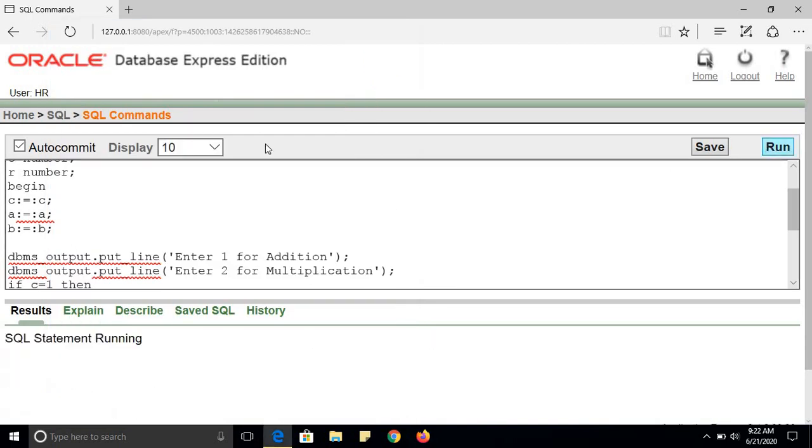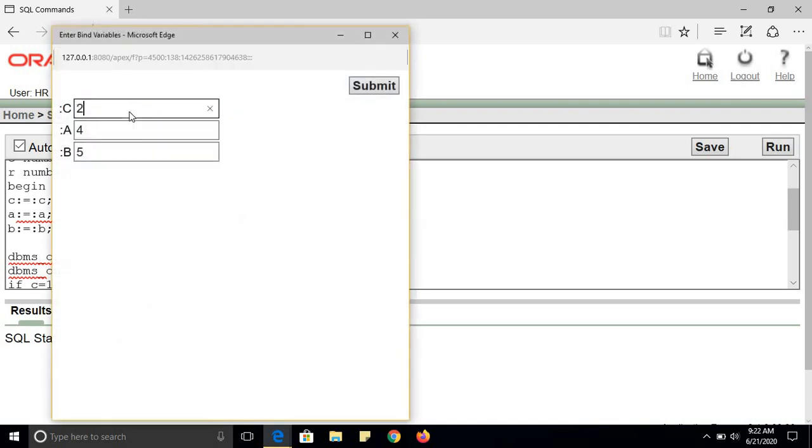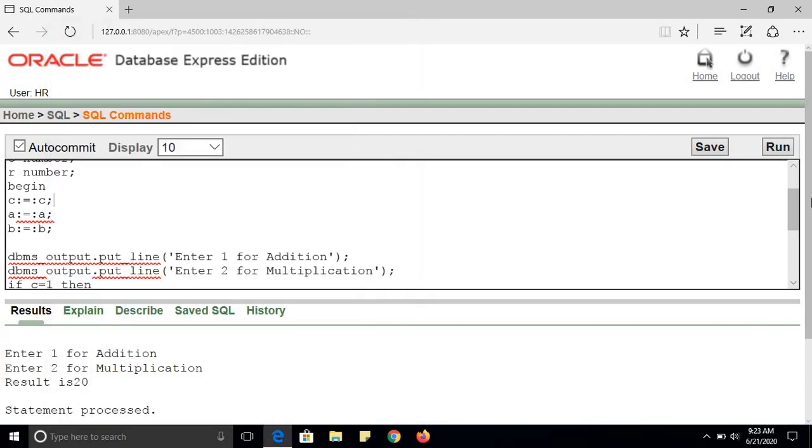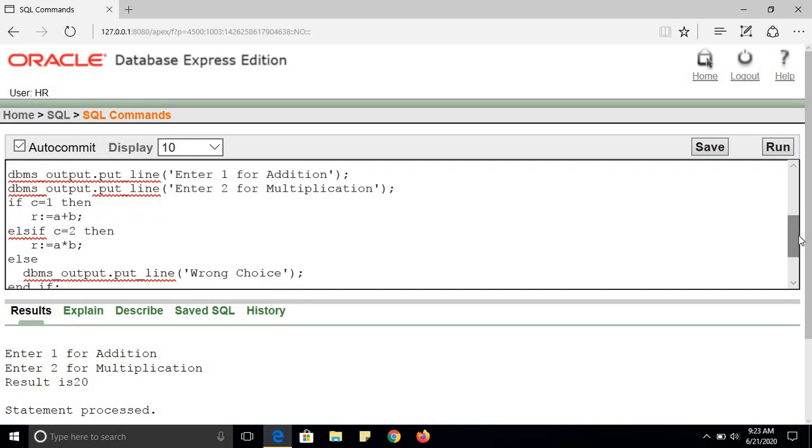Now again run this program. This time the value of C is 2, the value of A is 4. It means multiplication will be performed. So the result is 20. So simply you can see, if C is 1, then the result equals addition. Else if C is 2, then the result is multiplication. And in case of any other option, we will get a wrong choice output.